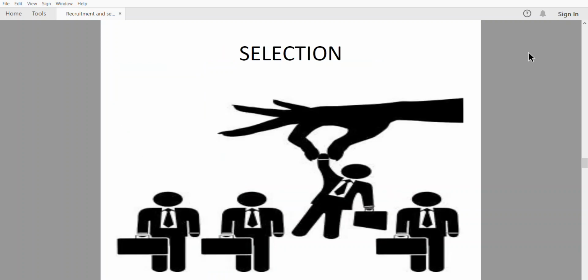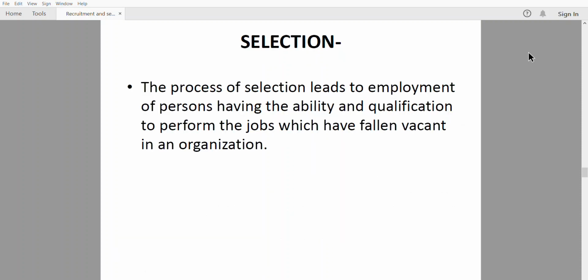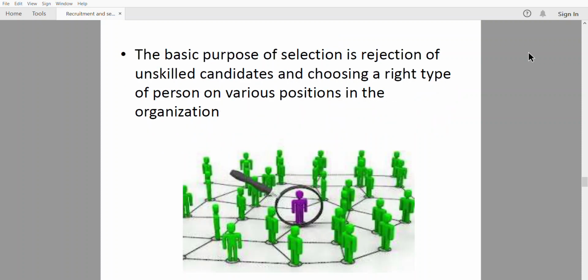So this is how, from a group of candidates, the right candidate is selected for the post of an employee in an organization, in this case a hospital. Selection. The process of selection leads to the employment of a person having the ability and qualification to perform the jobs which have fallen vacant in an organization. The basic purpose of selection is rejection of the unskilled candidates and choosing the right type of person for various